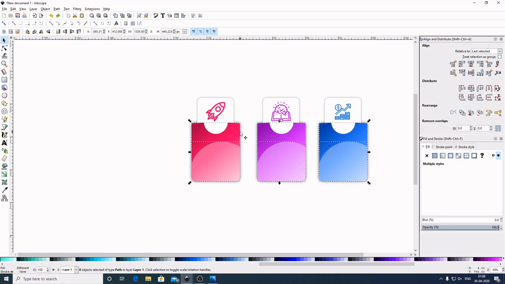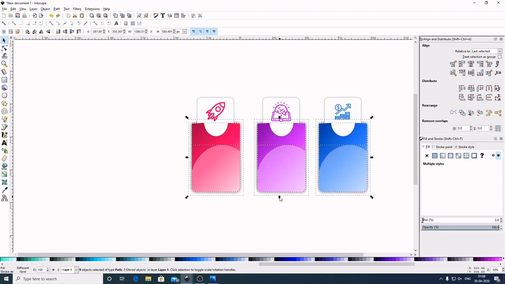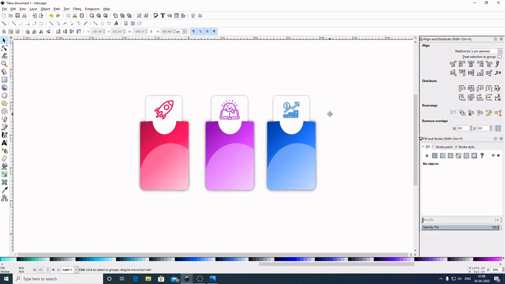We have to select this lower graphic also. What we can do, hold Shift and Alt, select this, so it will select the lower graphic. Also hold Shift and Alt in the keyboard, click it here, it will select this lower graphic. Same here, click it here. Now bring this down to make it bigger. Now this must look good. I will select out of the graphic to deselect. Now bring this here in the middle.